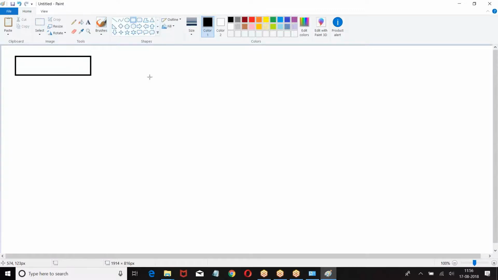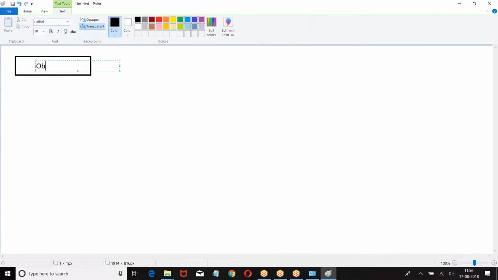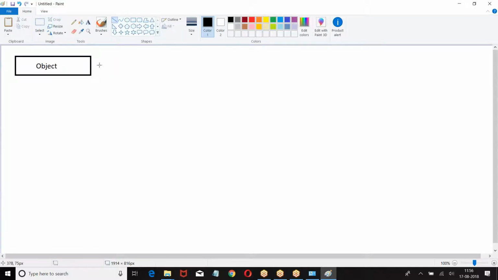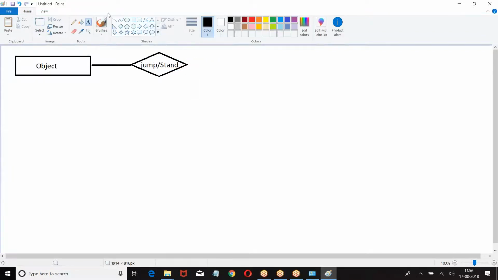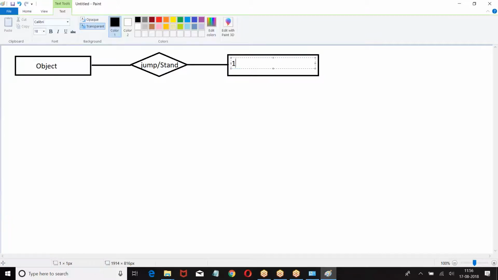First, choose an object. On the object, I have either the jump start or standard. I have chosen standard. Then, first step, enter the process name.